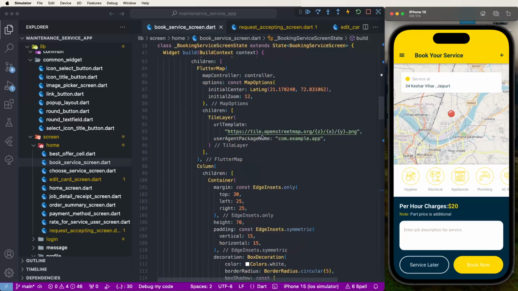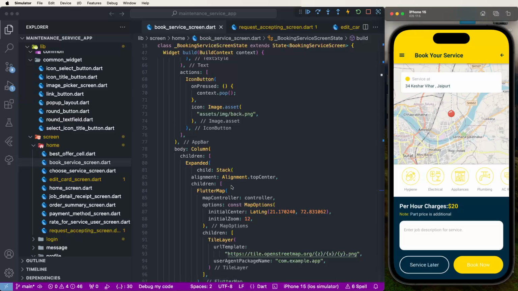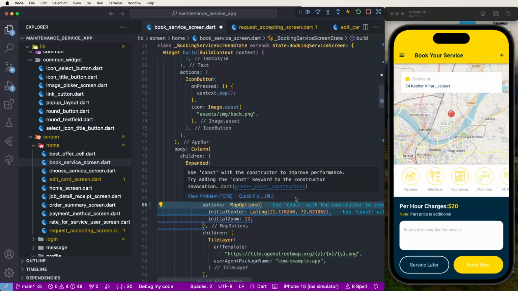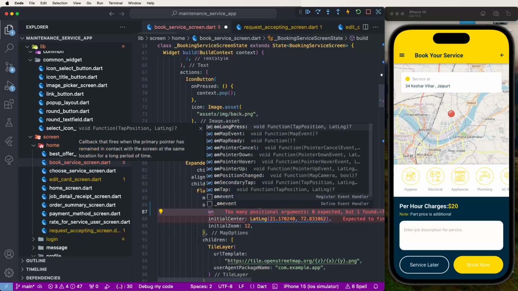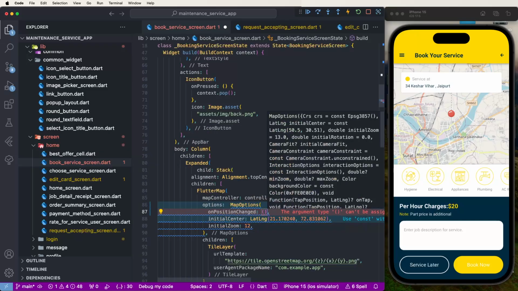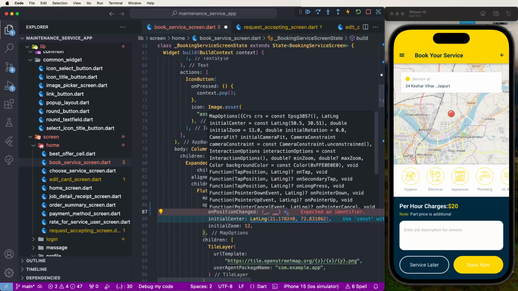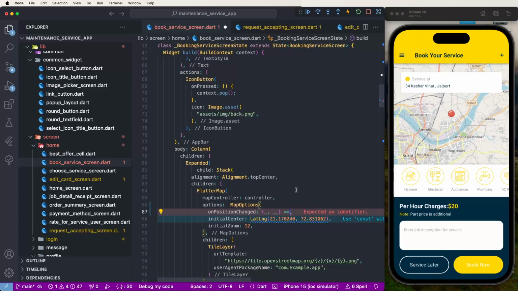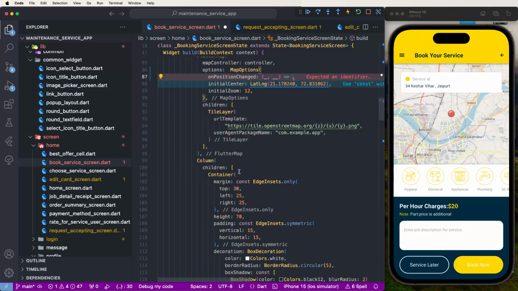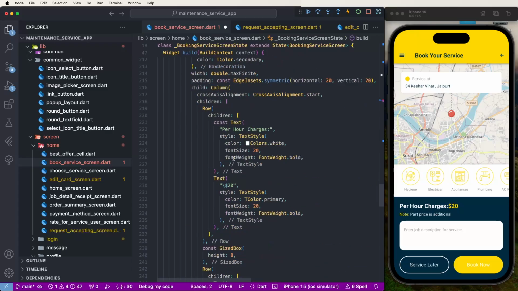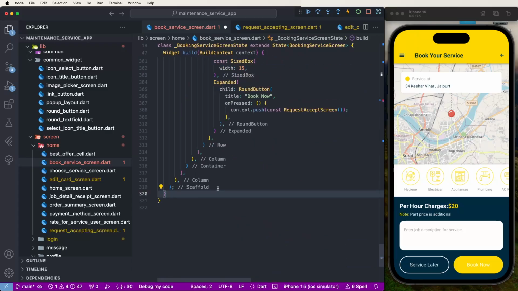Now we need to go inside and find the libraries for the Flutter map. Inside map options, we need to remove the const value, and now write down onPositionChanged. We need to get the actual value; the two parameters are not needed. We need to write one function here at the bottom. Write down void updatePoint,